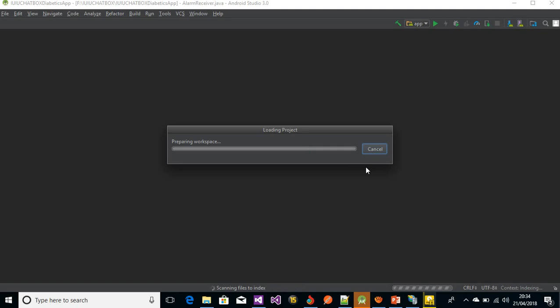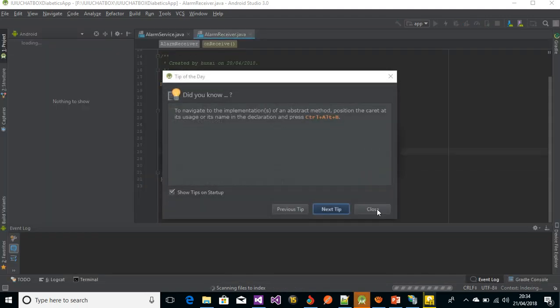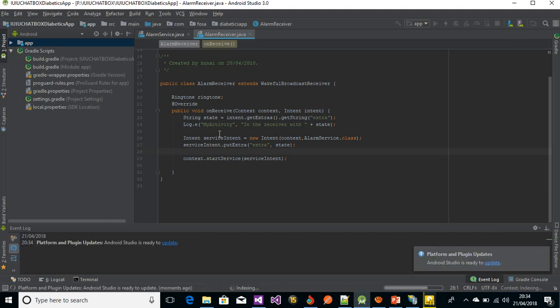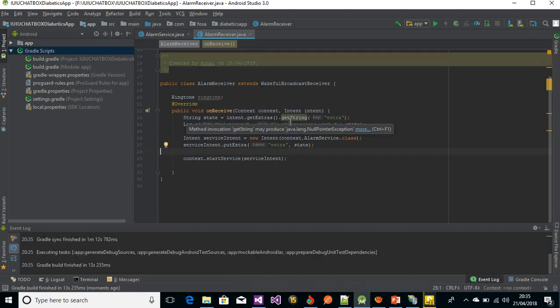This is my previous project I have been working on, but for our case we have to create a new project called Food Menu App. So the project is still refreshing, as you see here. Let us wait for the whole IDE to finish refreshing and loading all the plugins, and then we proceed. Okay, now Android Studio has finished loading, and if you've ever worked on any project in Android